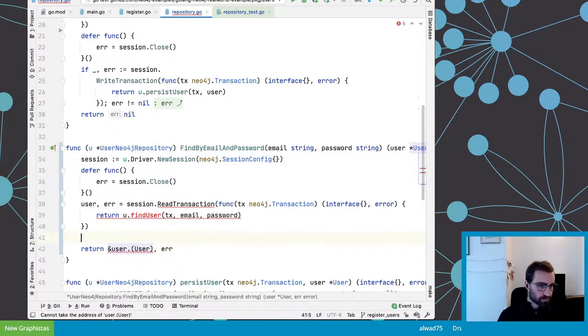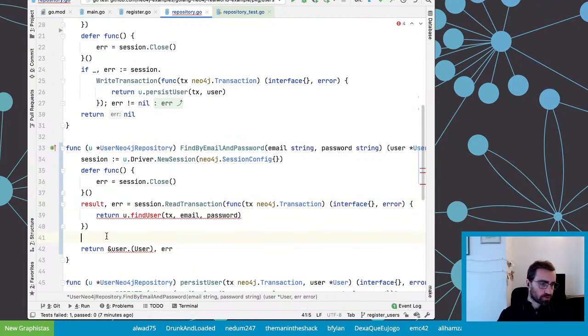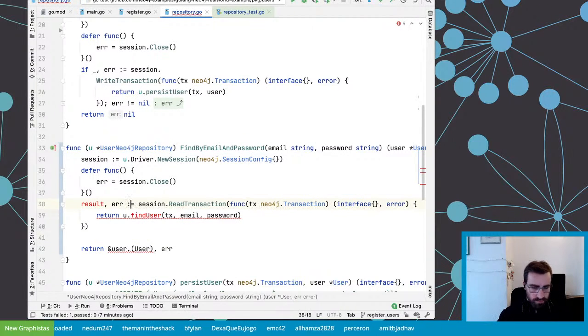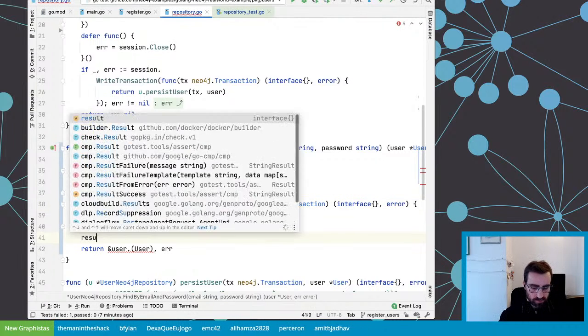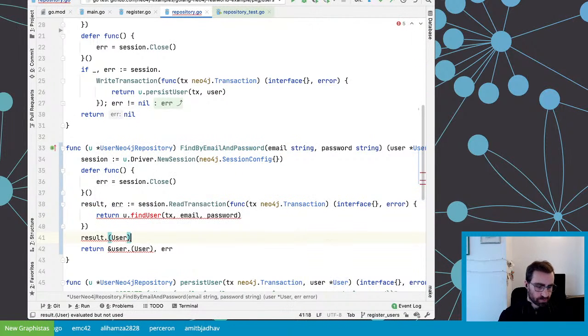Okay, so let me try to do it in two steps. So let's call it result. That's the joys of live coding, right? I'm clueless in life. So yeah, let's have this result dot user, I guess. We'll see if that blows up. That's my user. And something like this, hopefully that works.